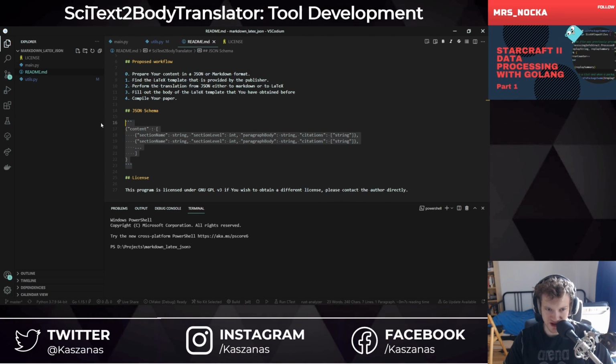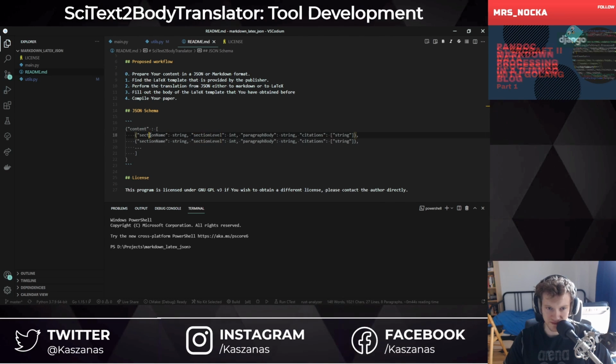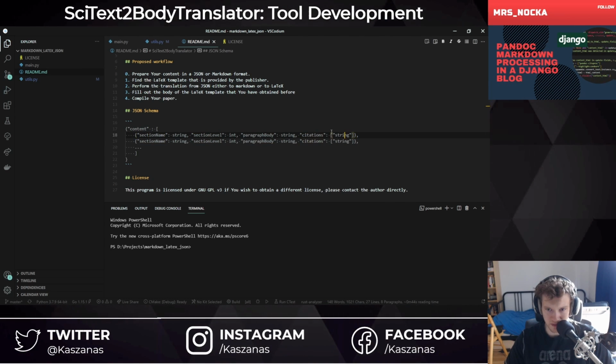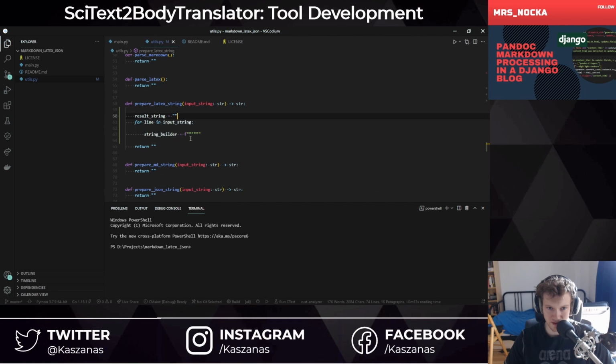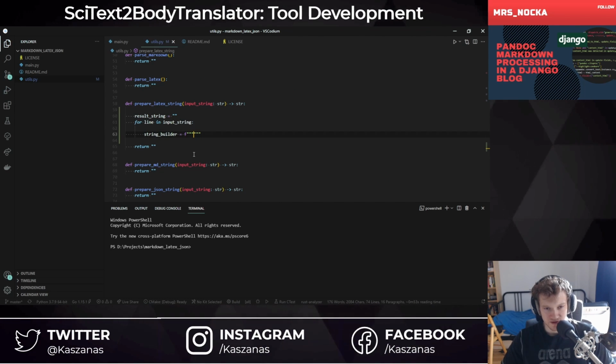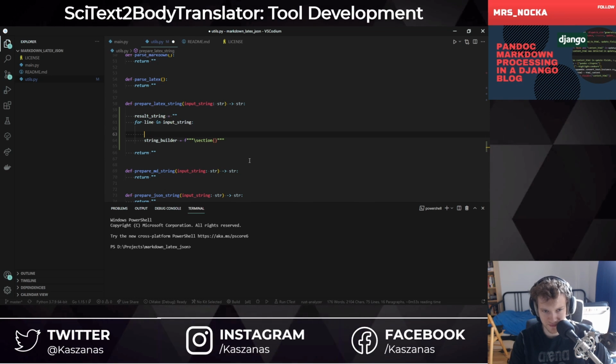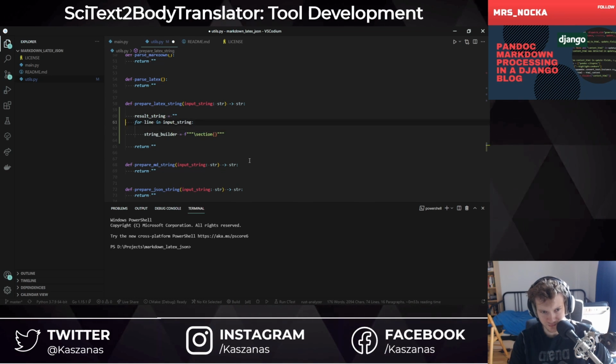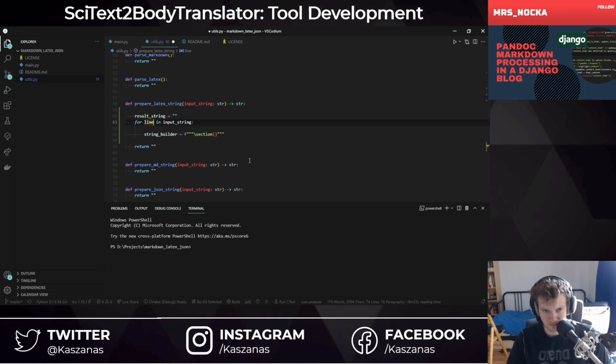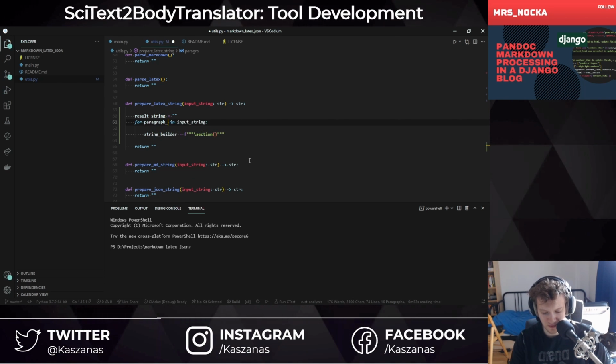And the readme specifies the JSON schema with the section level, section name, paragraph body, and all of the other stuff. So then, for each paragraph object,